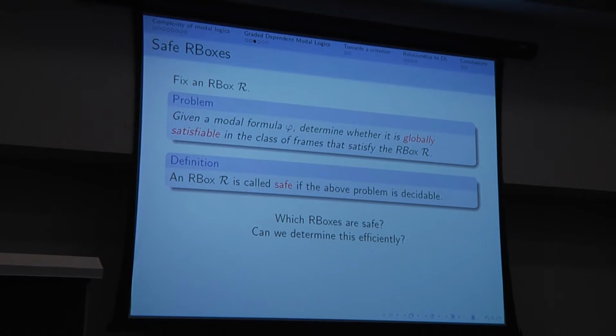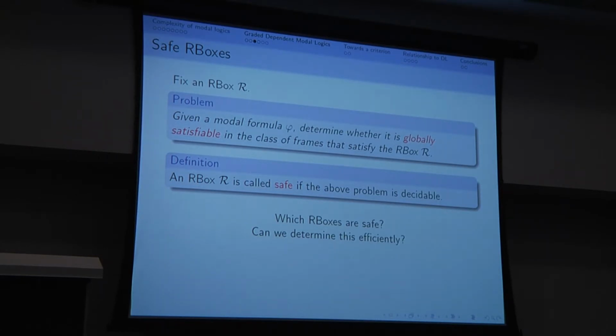So the question is, which RBoxes are safe, which are not? And can we determine this efficiently? An RBox is a finite collection of transitivity and inclusion axioms. It's a very finitistic object, and it's natural to ask such a question. Before I proceed to the results we obtained here,